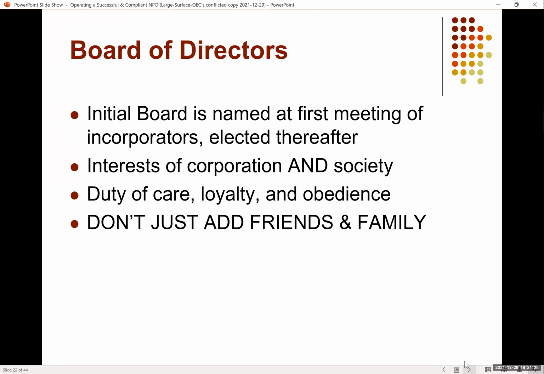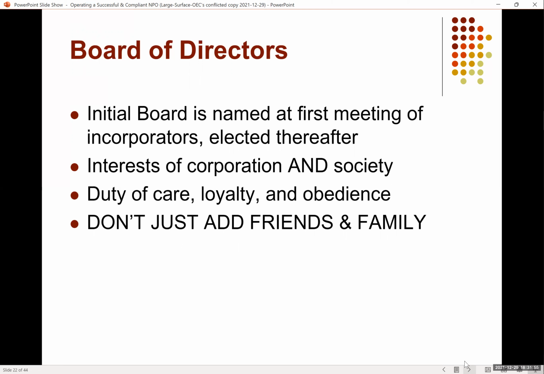Then get into the board of directors. You want to have your board of directors meet for the first meeting. What happens is I give my clients their paperwork and I say, meet with your board, because everybody has to sign paperwork for the state typically. And a lot of people just get with their friends and they sign off real quick and no one really takes it seriously. But you want, your board is the nonprofit.